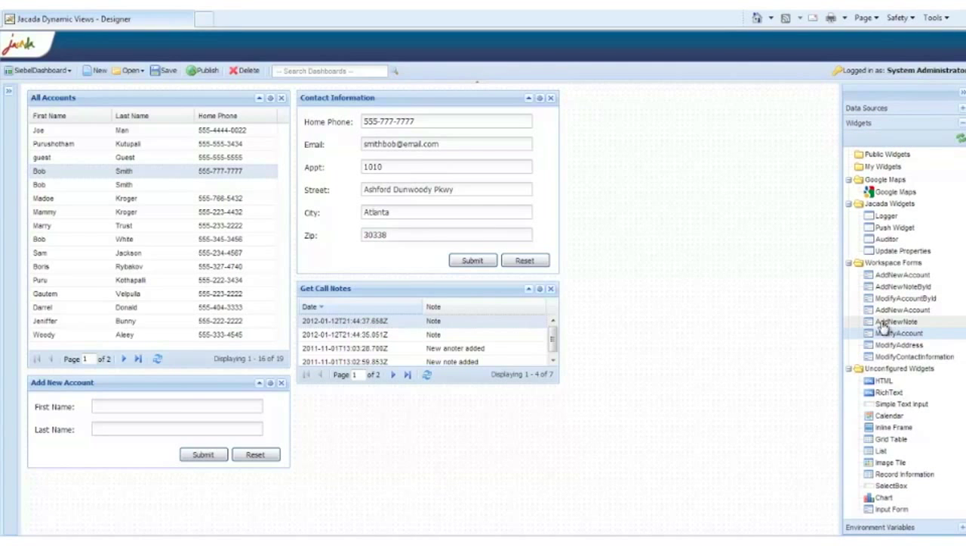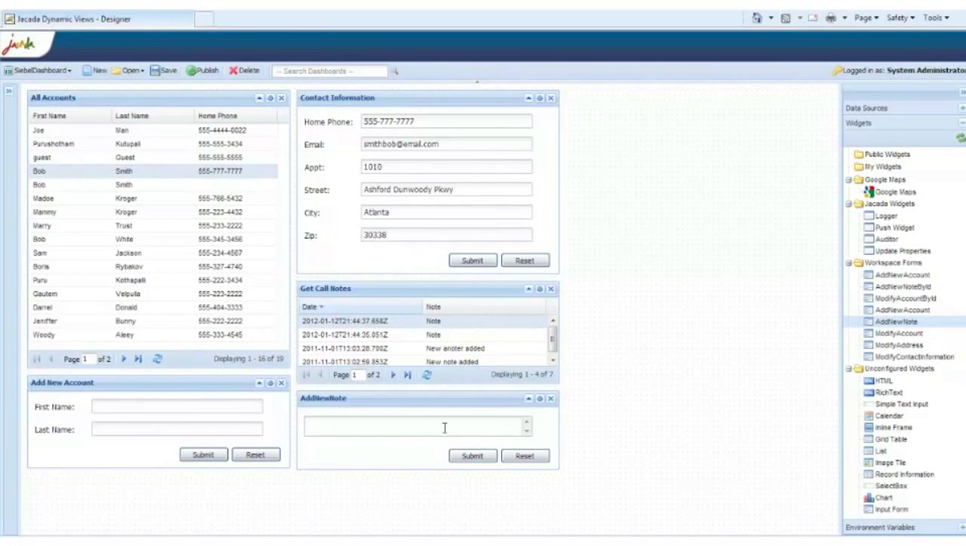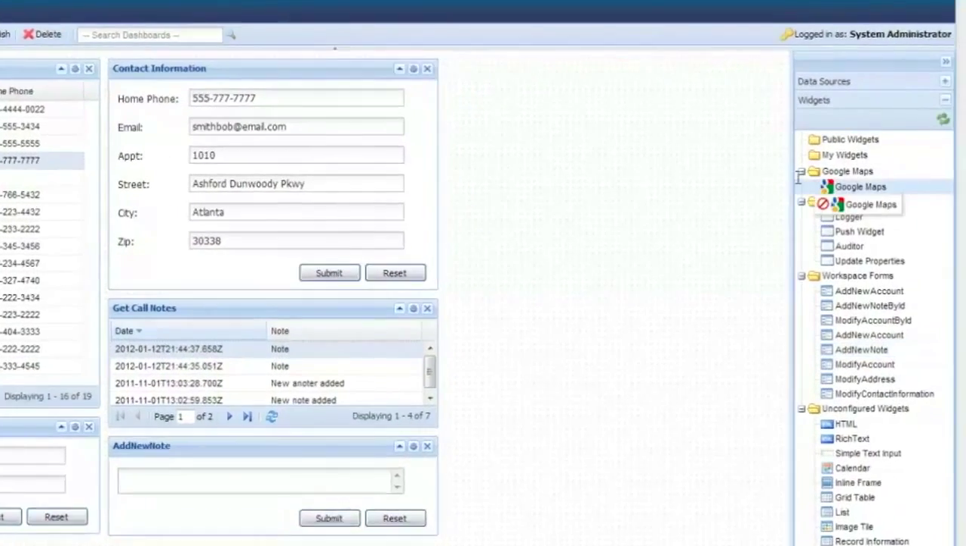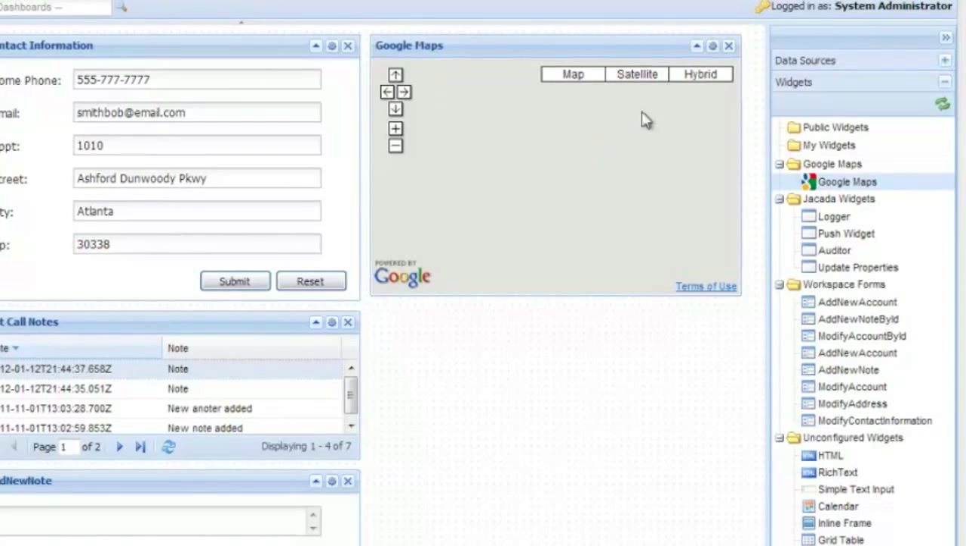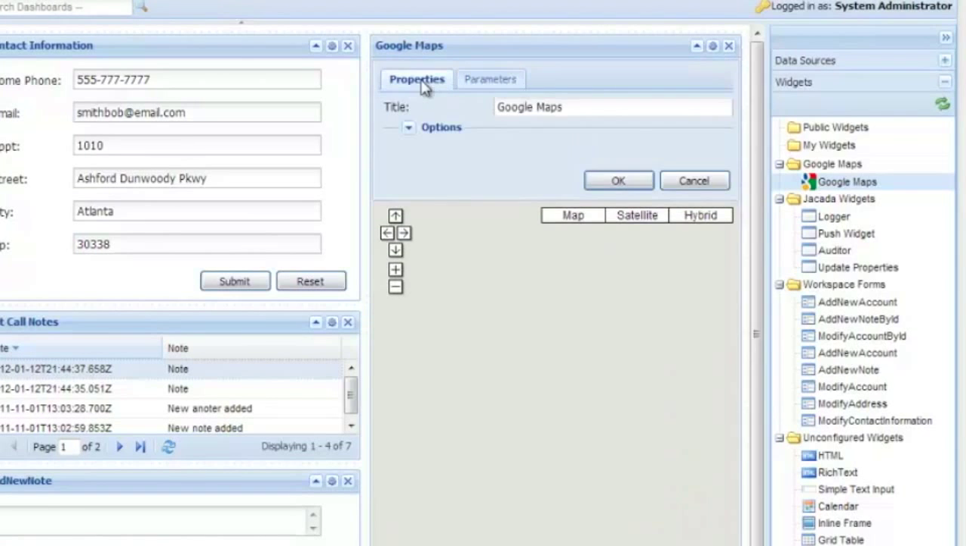Now we're almost finished. Let's add the ability to add new call notes. This is the same process again. We'll skip to the end. And now we can add our interactive geographical map. We'll drag it over to the canvas, specify the height,